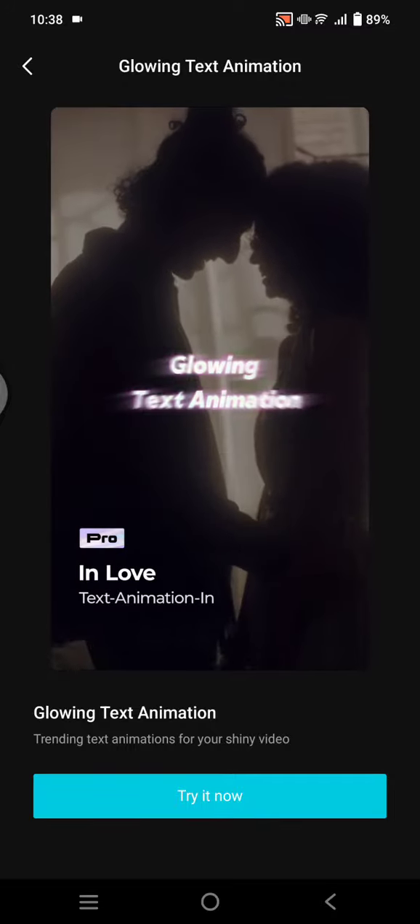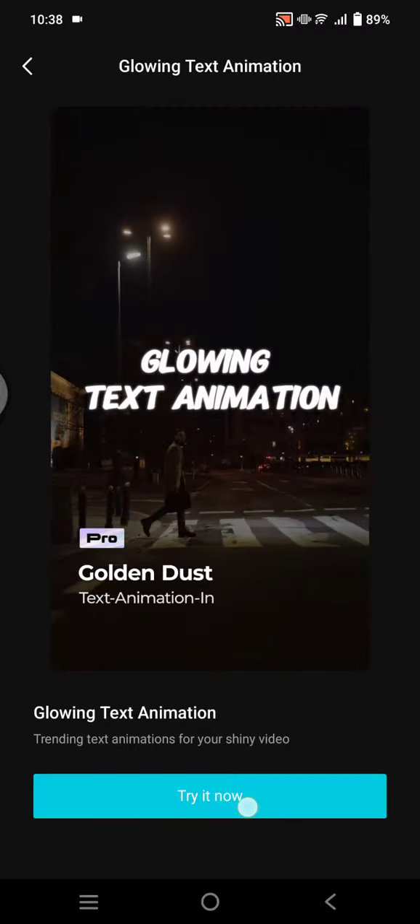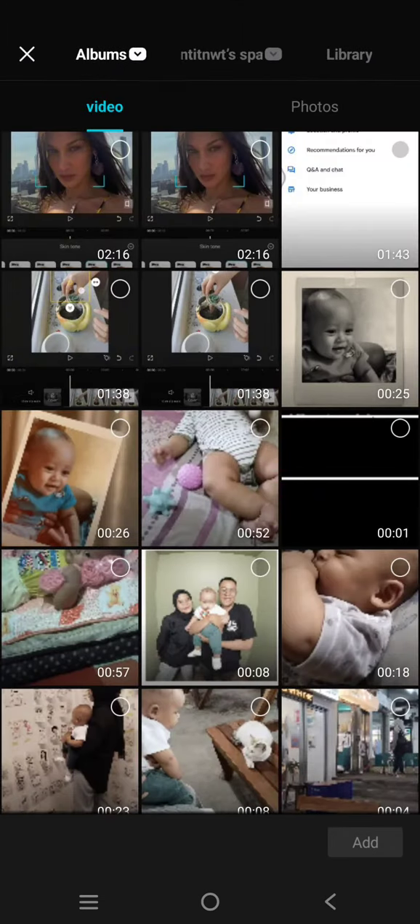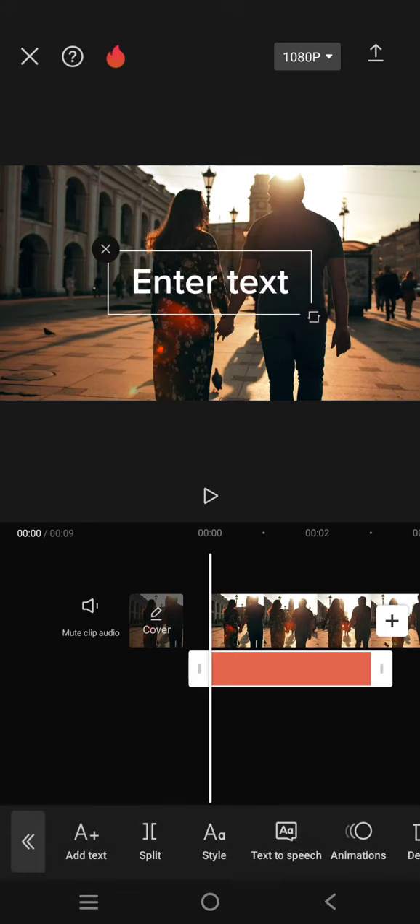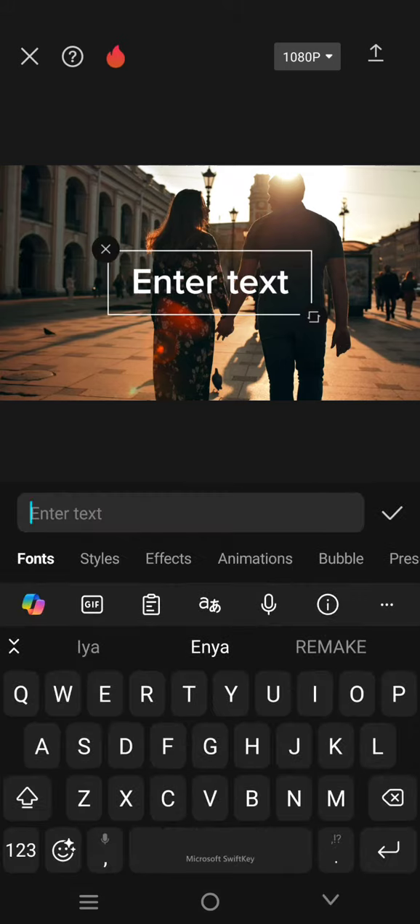So let's try it now. Just click on the try it now button and add the video that you want to edit. So for example, I'm going to edit this video. Just click on add. Now click on tags. Just write the tags. For example,